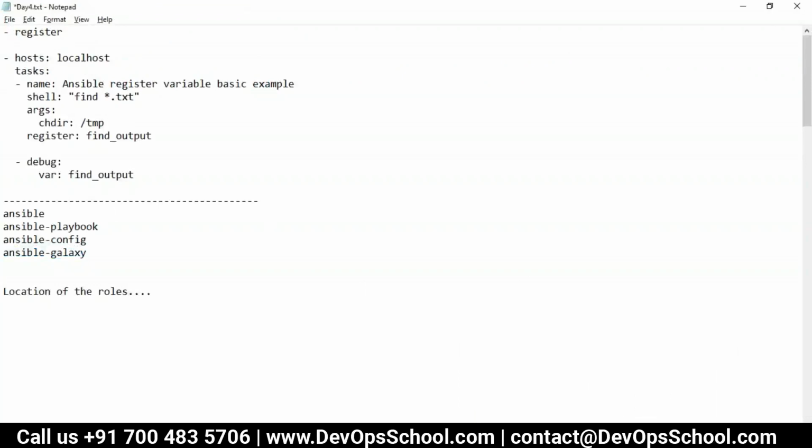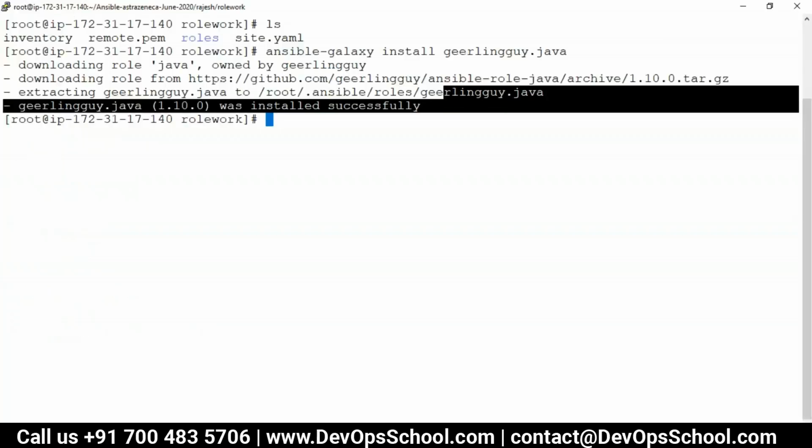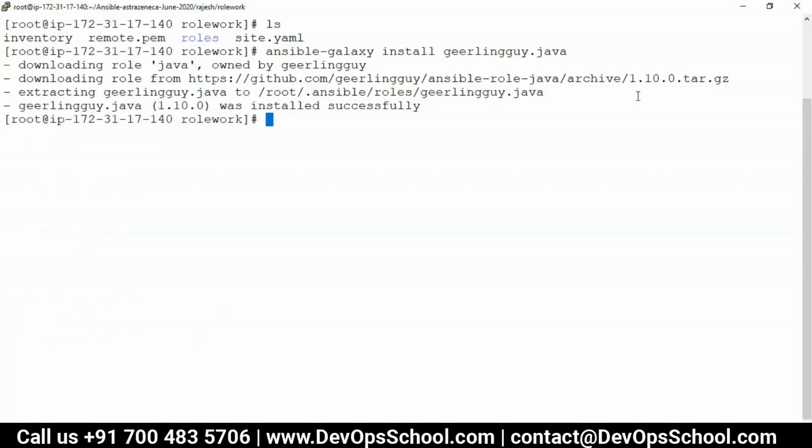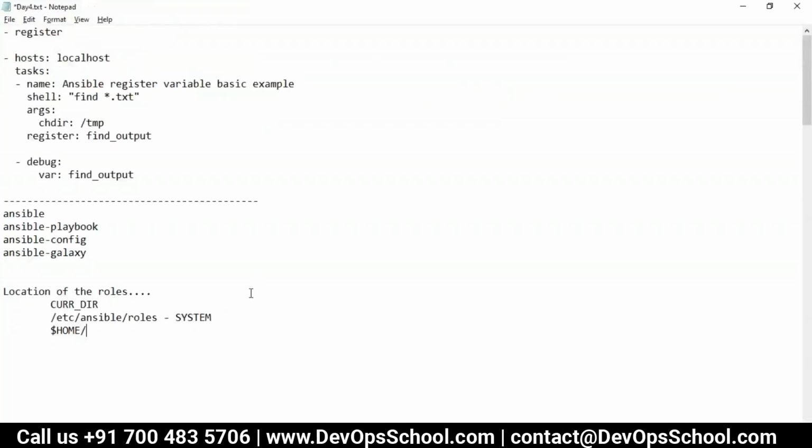You can have it in the current directory, like we used yesterday. You can have it in /etc/ansible/roles. This is the system location for roles, and user specific roles you can have in $HOME/.ansible/roles.